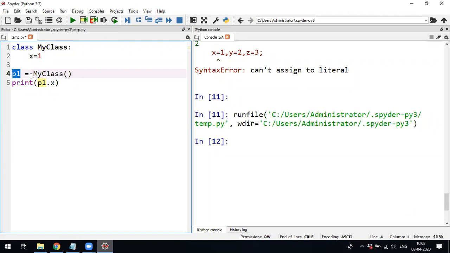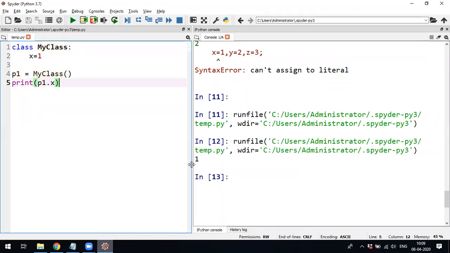That p1 has access to the attributes of that class, MyClass. That is why I'm printing p1.x. That is 1. To create an object, the syntax is object name equals class name followed by opening and closing brackets, that is small brackets.